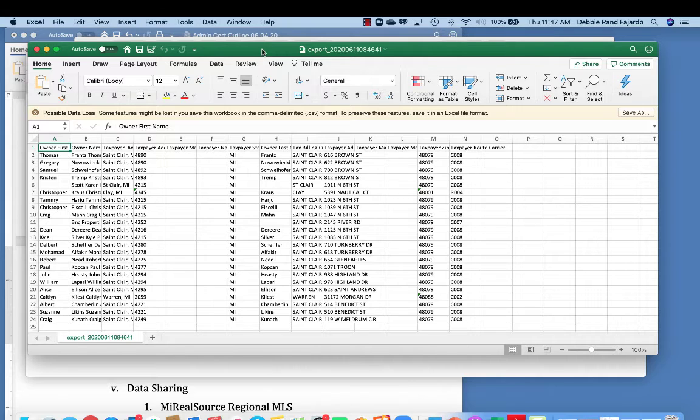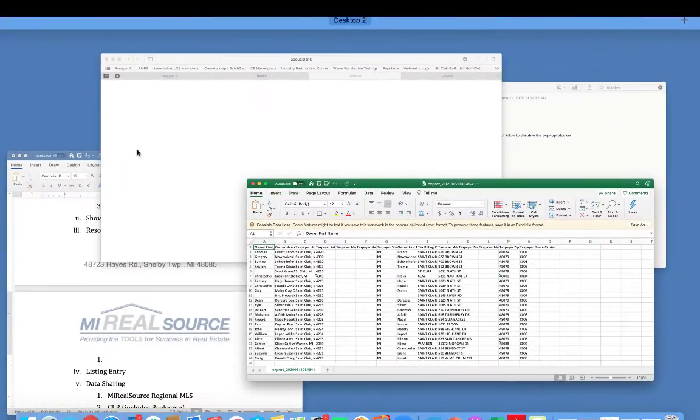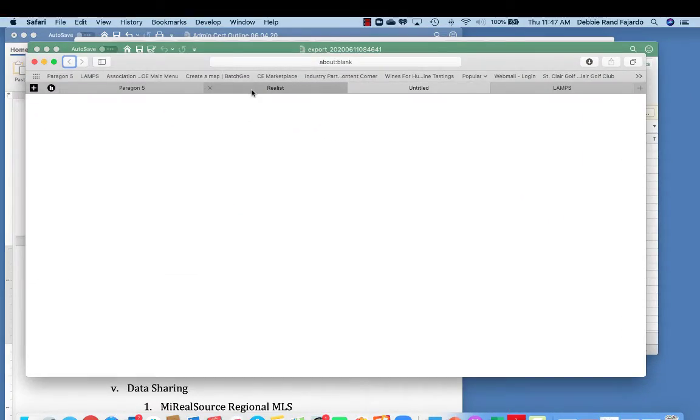This is where it opened up into my Excel spreadsheet. So if you need to send this to your postcard printer or your mail house, this is the format that you can use. Also, if you would like to create labels on your own,